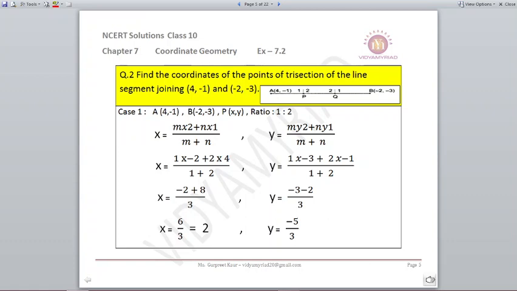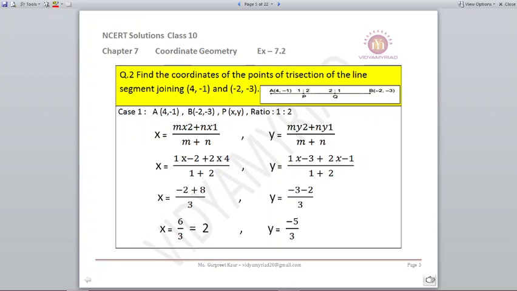If I take P as my point, like there is a line segment AB and I take P as my point, it means the ratio will be 1:2. And when I take Q as my point, the ratio will be 2:1. So using this ratio, we are going to find out P coordinates and Q coordinates. So for the first case, if we will take A coordinates, B coordinates, let P be xy and the ratio is 1:2. Means m is to n is 1:2.